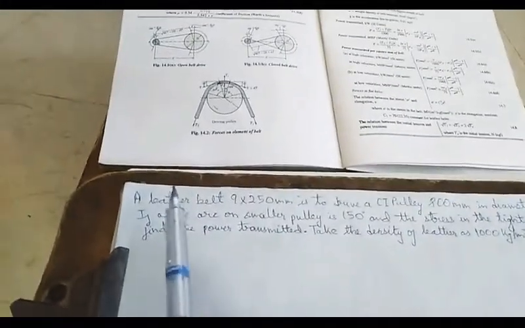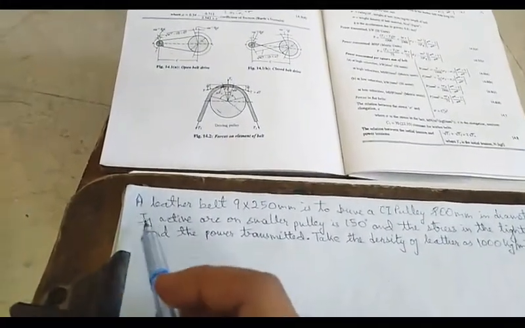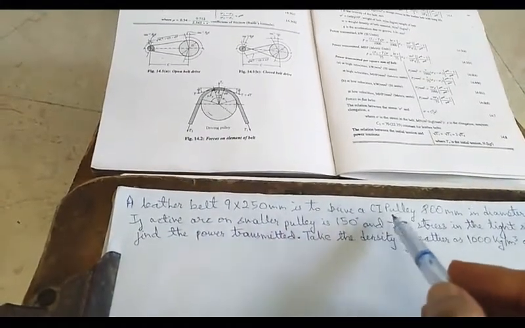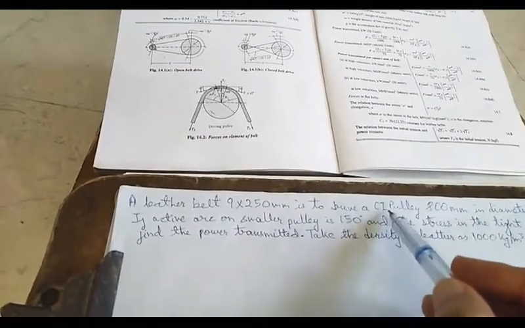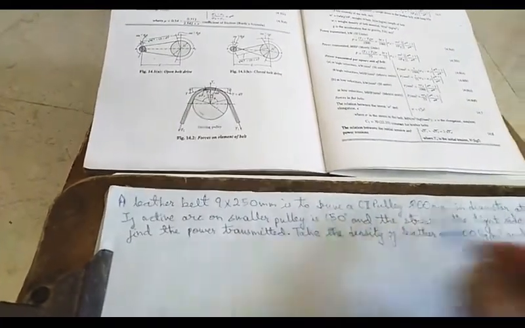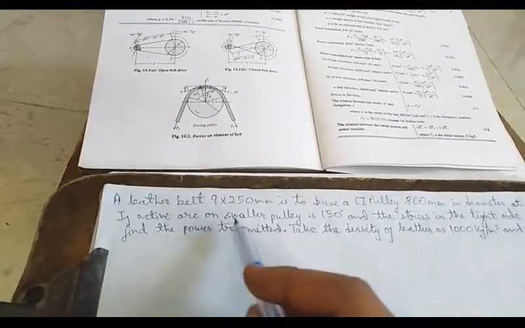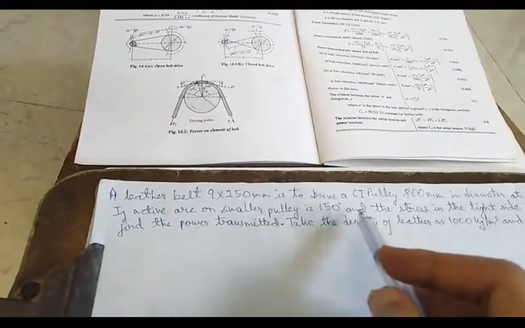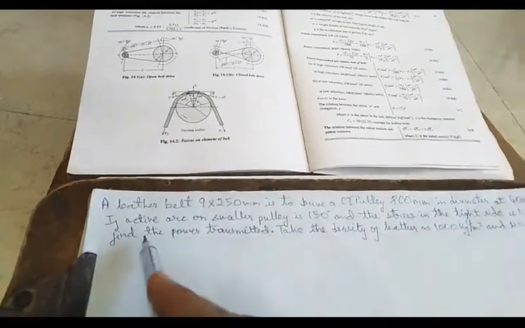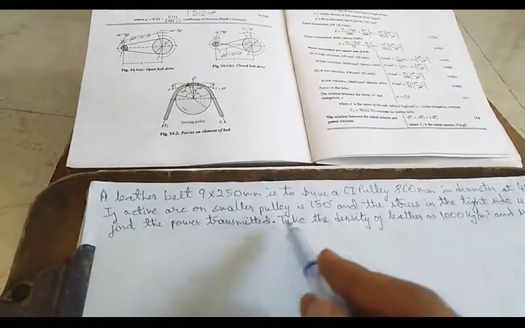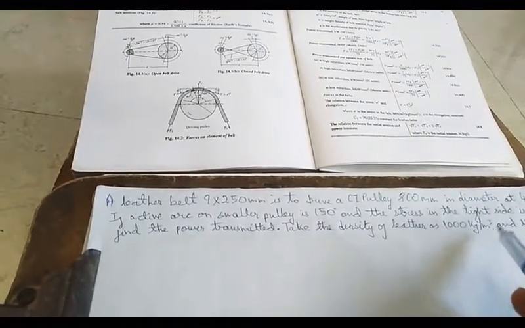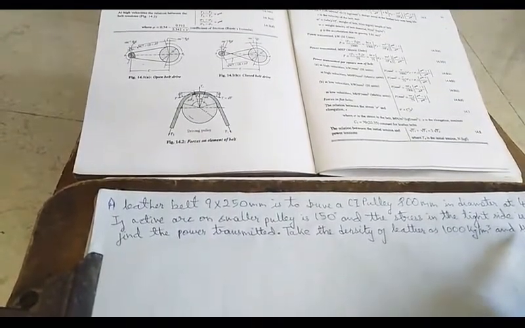We shall discuss next problem on belts. A leather belt 9 into 250 mm is to drive a CI pulley. CI is cast iron. Cast iron pulley 800 mm in diameter at 400 rpm. If active arc on smaller pulley is 150 degree and the stress in the tight side is 1.5 MPa. Find the power transmitted. Take the density of leather as 1000 kg per meter cube and mu as coefficient of